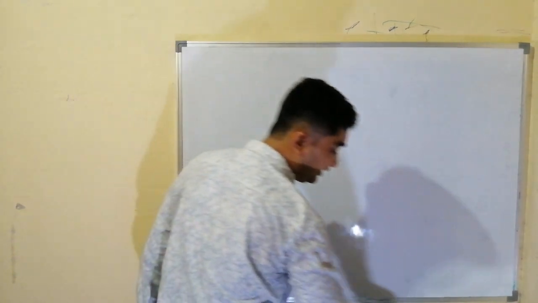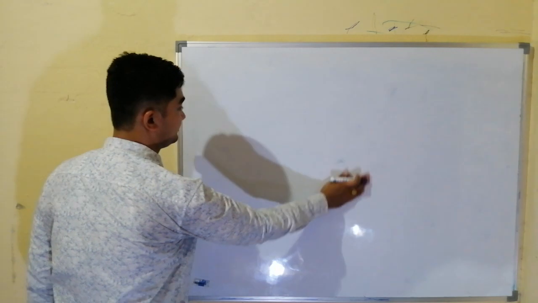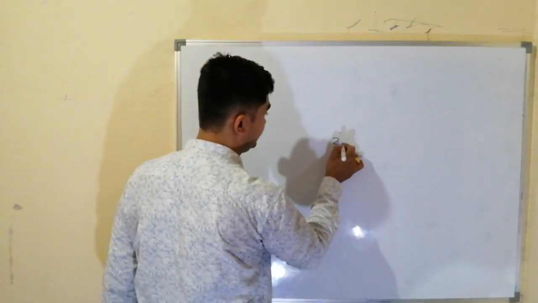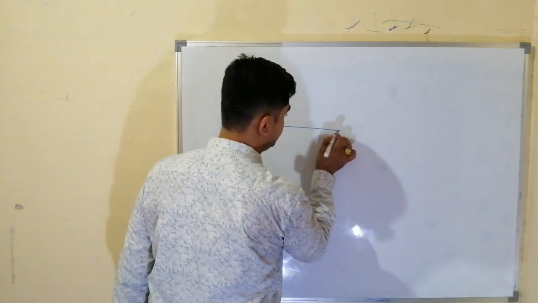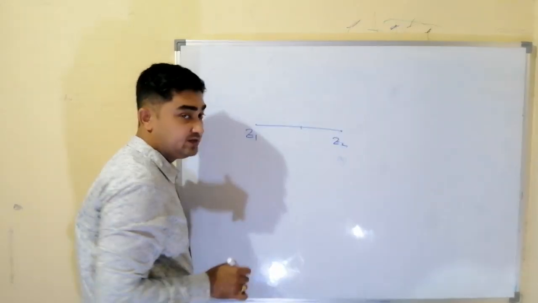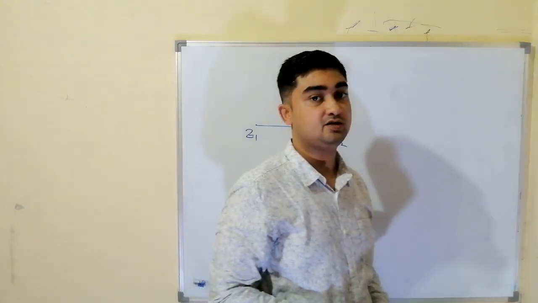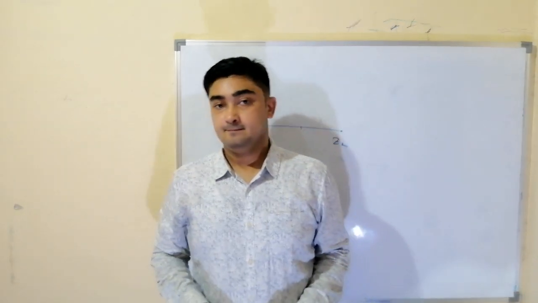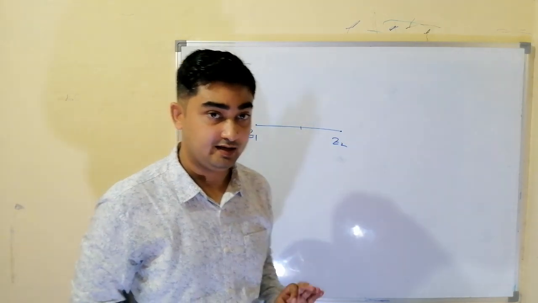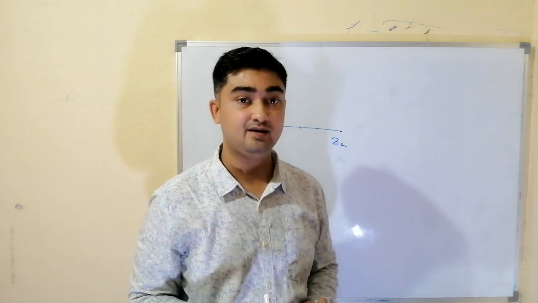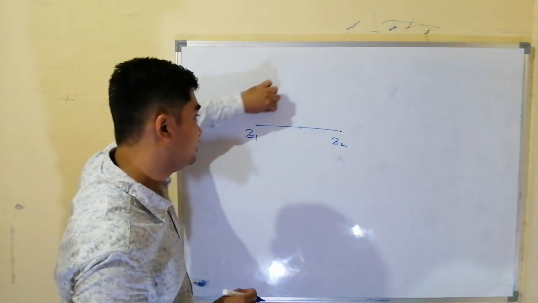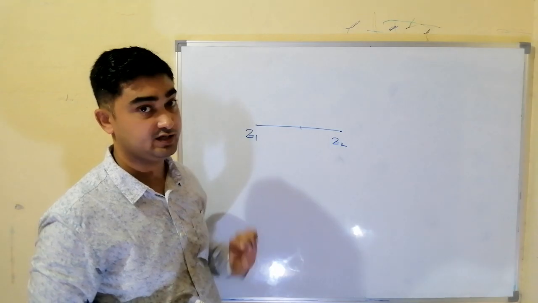Now we will see the equation of perpendicular bisector of a line. Let us say we have a point Z1 and we have another point Z2. Let us join Z1 and Z2. Then, what is the definition of perpendicular bisector of a line? Perpendicular bisector of a line is a line which moves in such a way that distance from every point to the 2 points is always constant.